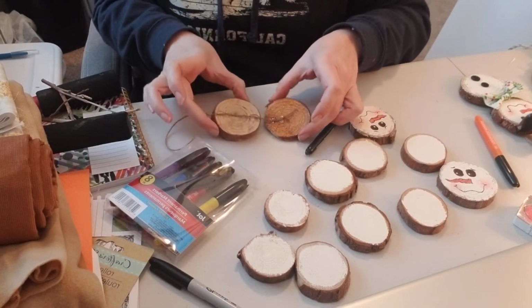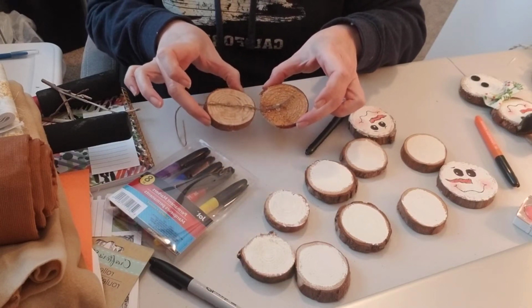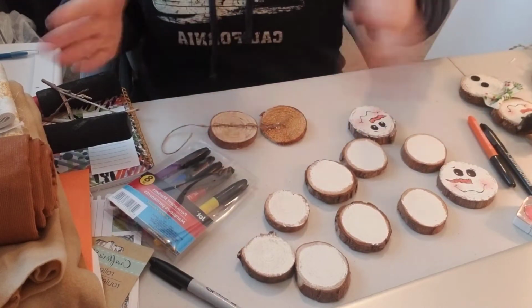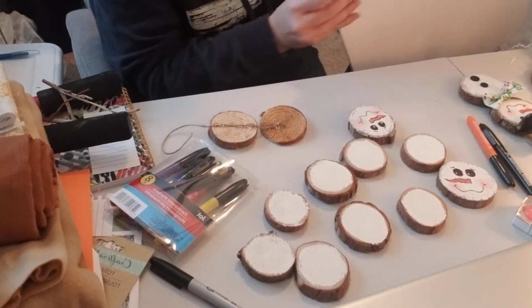As you can see, there's a little bit of a gap in between in case you want to do a scarf or if you want to do a bow. And my mom is going to make the bow for us because I don't know how to do that. Not yet, anyway. So once that's dry, which we'll wait for, I'm going to take now a piece of